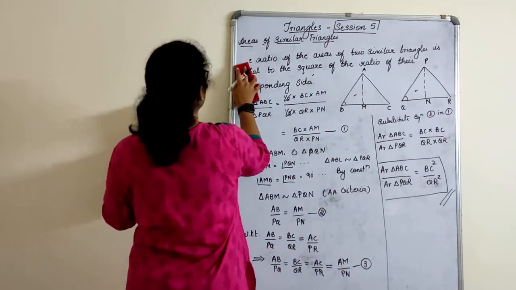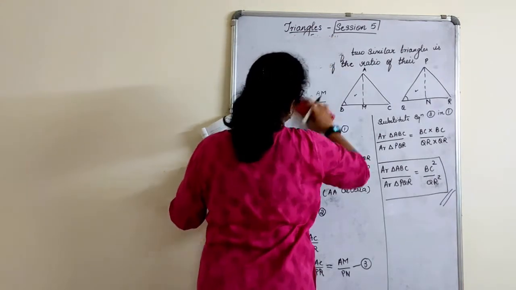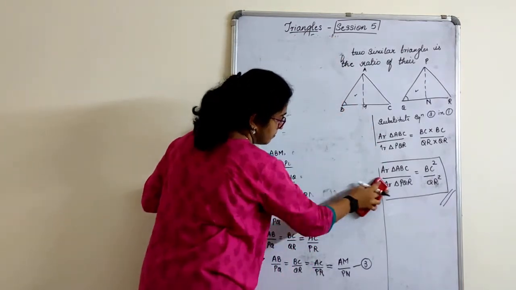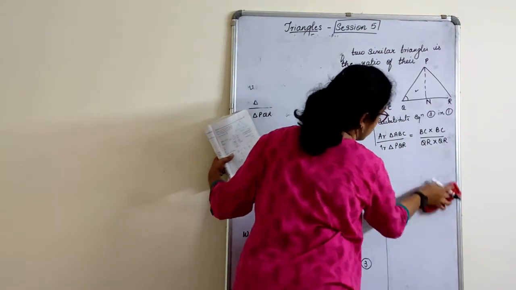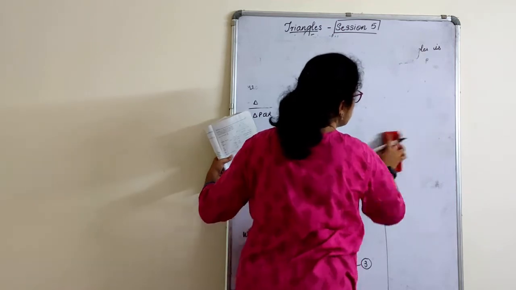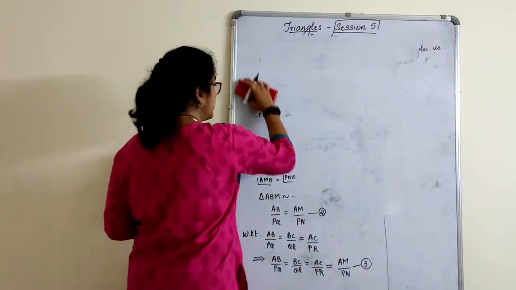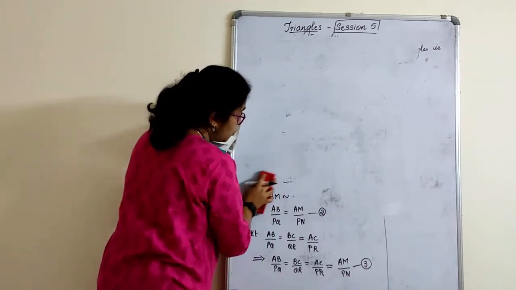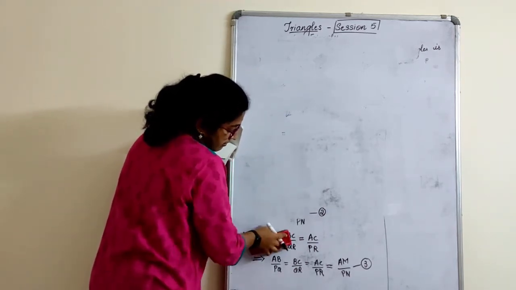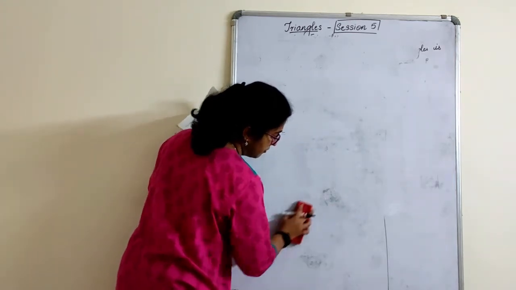The first one: in some problems figures are given and in some they are not. Wherever it is not given, we need to draw it and solve it. But the condition for this to apply is that the given triangles must first be similar. We cannot directly apply the ratio. To apply it, we first need to check whether it is given that the triangles are similar, or prove that the triangles are similar first.